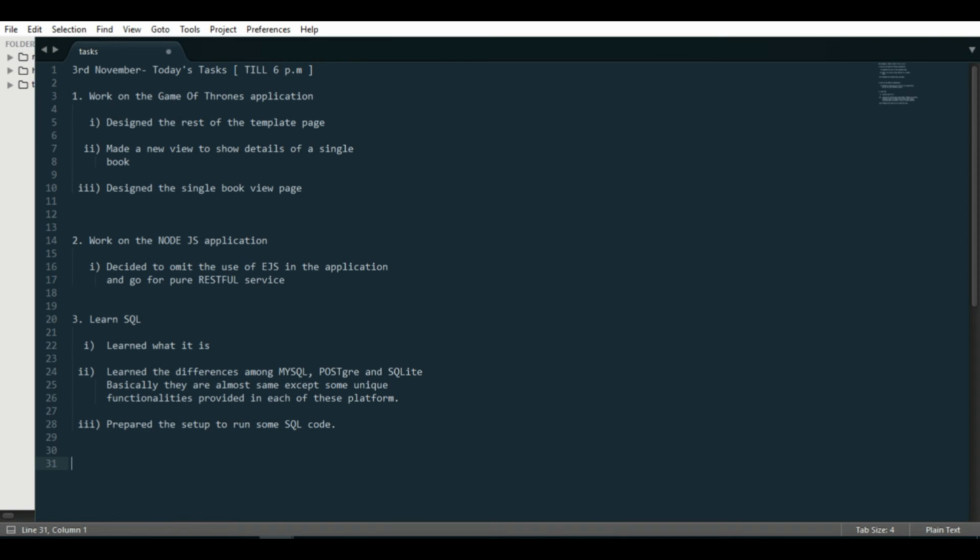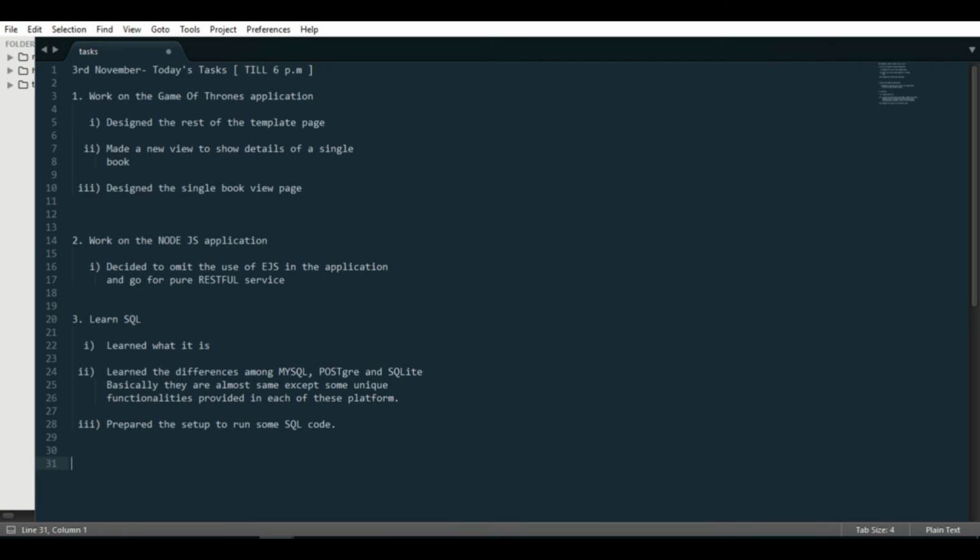So I started to learn SQL, and I learned what it is, the basics, and I also learned the differences among MySQL, PostgreSQL, SQLite, Oracle and all. There I learned that they are actually the same, but the differences among them are the unique functionalities provided in each of these platforms. That's the only difference.